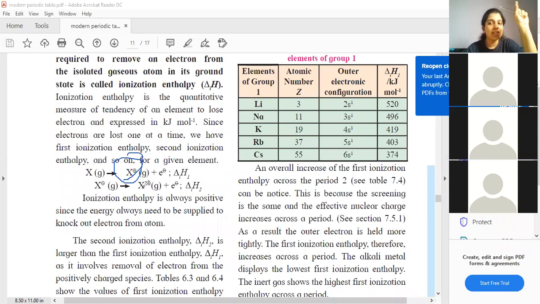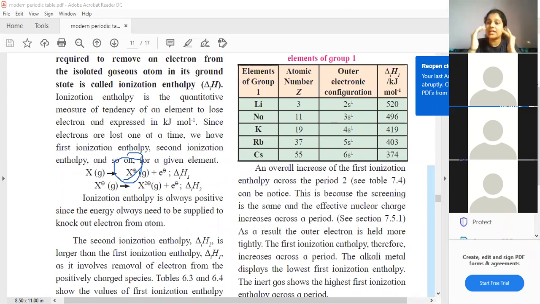Students, remember in ionic radii, we have just seen in today's lecture, in a cation the effective nuclear charge is more. Why? Because the nuclear charge value is the same, but the number of electrons has decreased, right? The number of electrons is now less. So the nucleus pull on electrons is more. If the nucleus pull is more, then removing the electron becomes even more difficult. Try to relate. As soon as you remove the first electron, you are left behind with a cation.